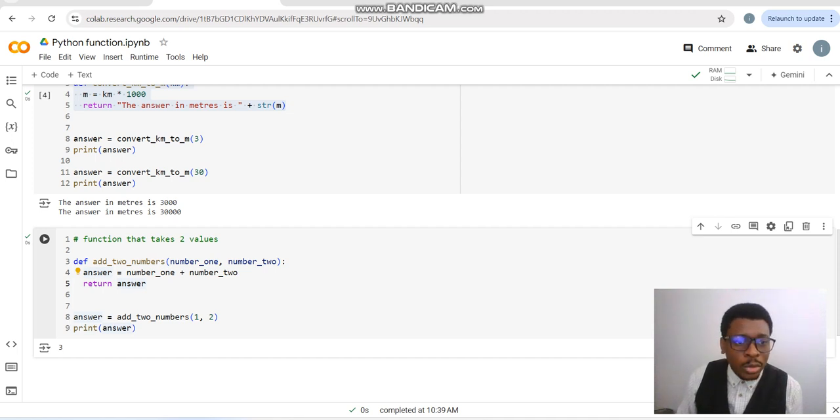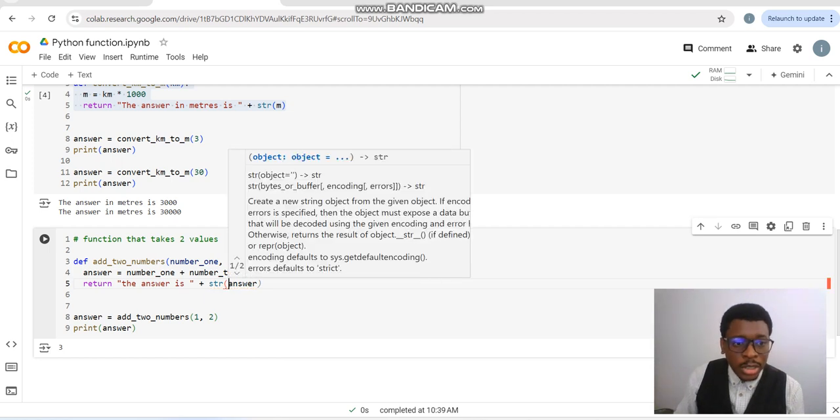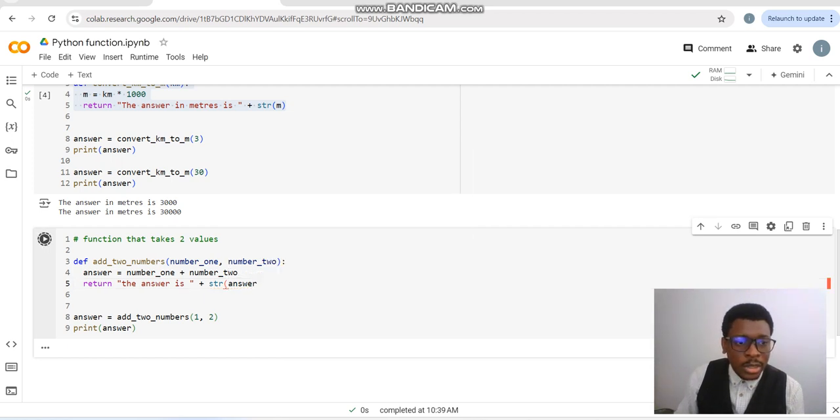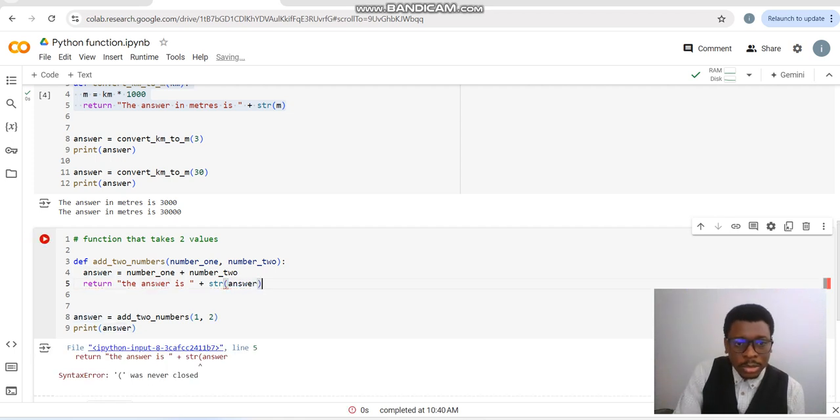And so if we also want to make this, let's say, readable, we can also concatenate here: the answer is. So remember we want to concatenate, so that means we have to convert answer from integer to string. And then if I run this, say keyword, I missed the close bracket,